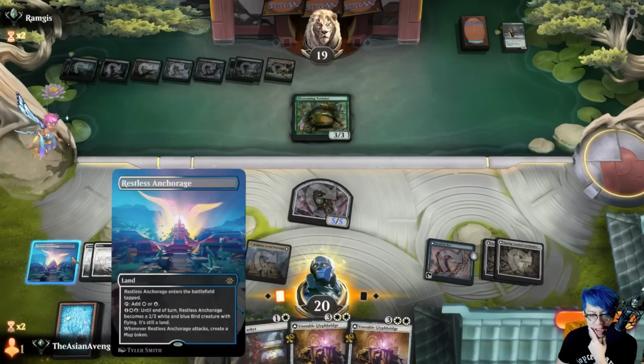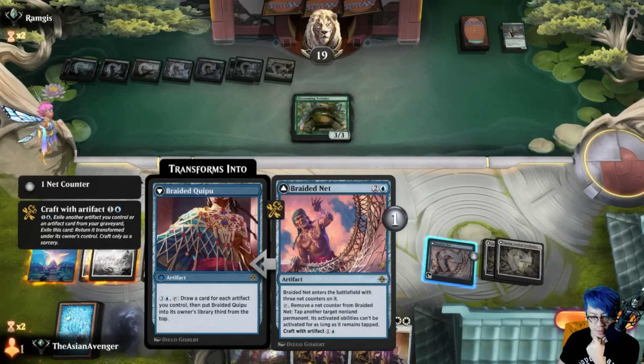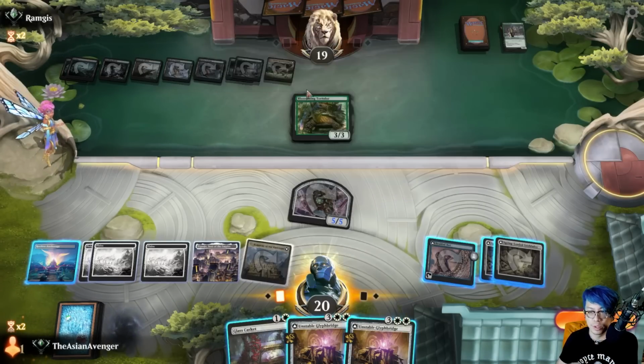Let me see here. So I have the blue mana to turn this into something, and just about with 3 net counters on it. If I flip it over, craft with an artifact. What does it craft with? I just don't know how I'm supposed to beat all of the...